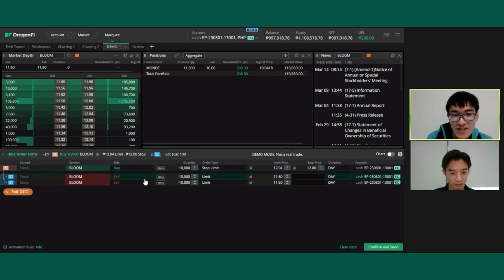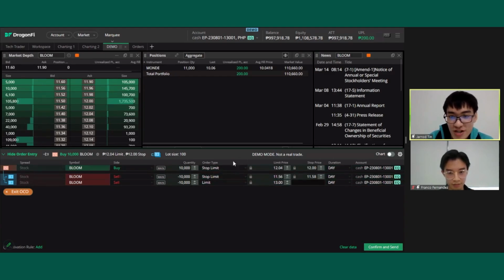The next is you have to set your target price and your stop loss. So let's say yung stop loss mo is around 11.58. It's also a stop limit order. Diba? So 11.58. Then your limit price should be lower para ma-execute agad yung order nyo. So 11.56. Right? The next is your target price. Your target price would be 13 pesos, right? So basically just input 13.